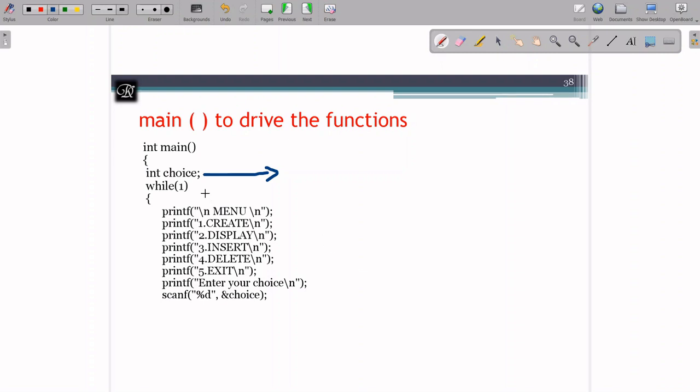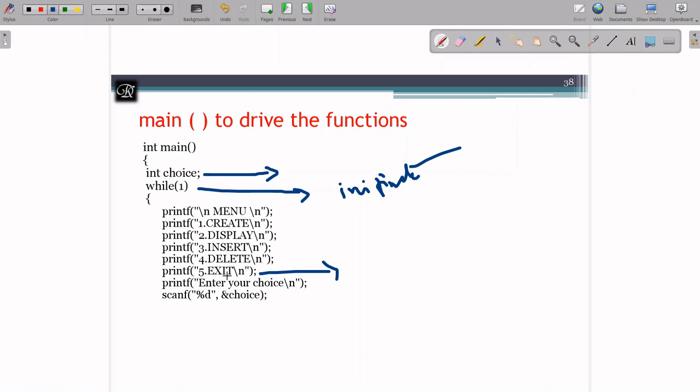And this has to work until I'm going to tell it to go out. That's why I have used an infinite loop over here. This will be until I say stop, it has to work. That is done by this infinite loop, and the rest are just printf statements where I'm displaying all the choices, and your job is to choose any one among them.